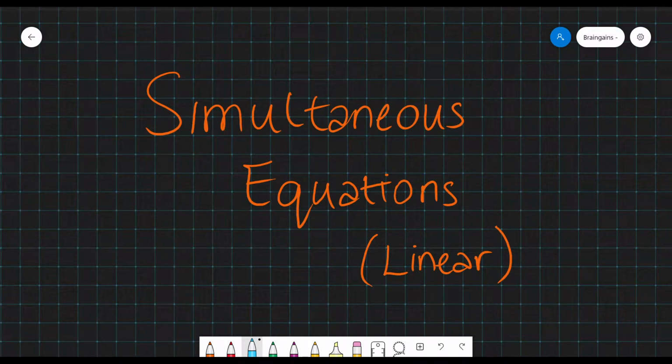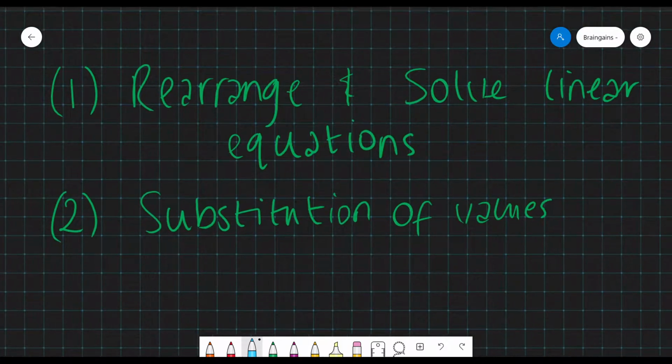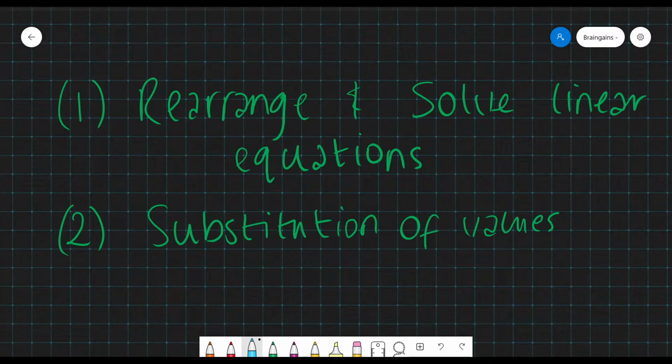In this example, we'll be solving simultaneous equations, but in particular, linear simultaneous equations. And all this means is the power of our variables can't be greater than 1 for these type of examples. Now, a few things to keep in mind about solving linear equations. You will need to be able to rearrange and solve linear equations, and you'll need to be able to substitute